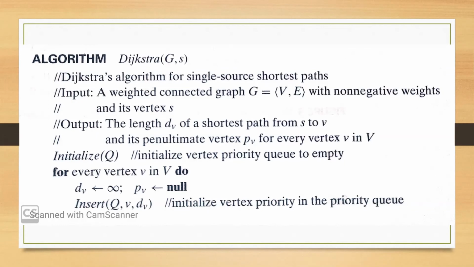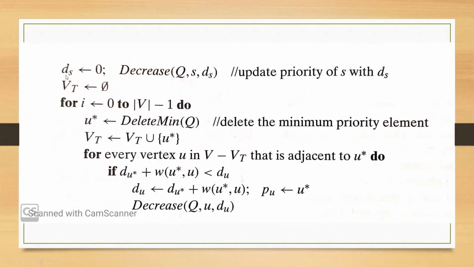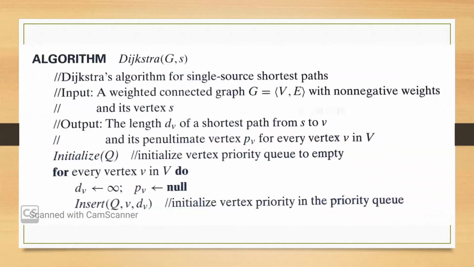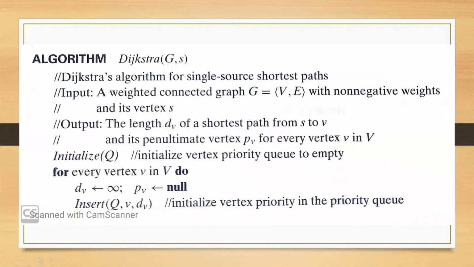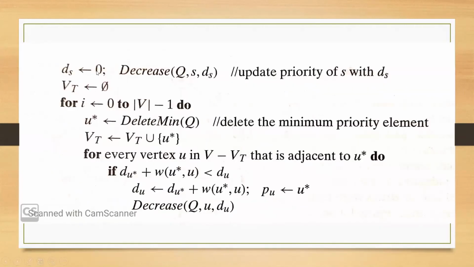We'll move to the next step. That is the end of the for loop. Next, you are taking ds. ds is nothing but the distance of source, which means the distance of the starting vertex. You are setting it to 0. We had seen this in the first step itself: in the starting step, you set the distance of A to 0. That is what this statement tells; you are setting the distance of the source vertex to 0.